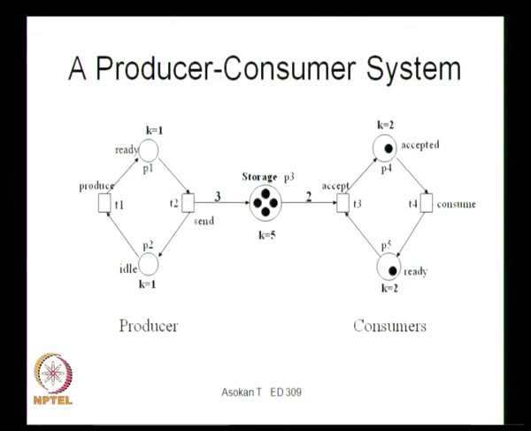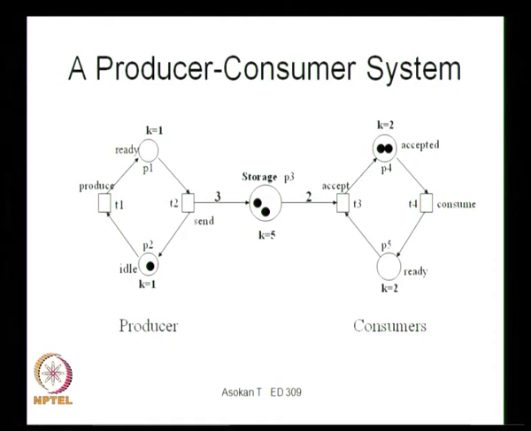So it actually goes to the storage, and then storage has got 4 now. Again we can have another consumer accepting it. Now we can actually have 2 consumers accepting it, because there are 2 plus 2, 4 items available, but there is only 1 consumer ready for accepting it. So only 1 consumer is available, so he can actually accept it. So it has gone back to the accepted, and then both the consumers accepted the item.